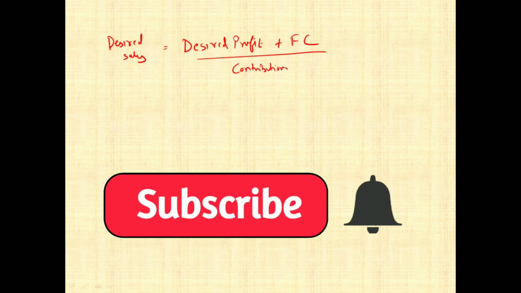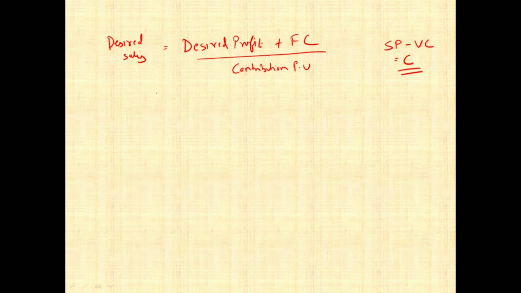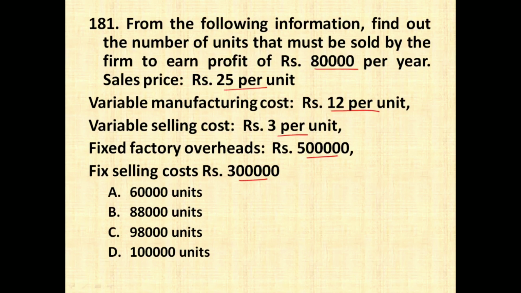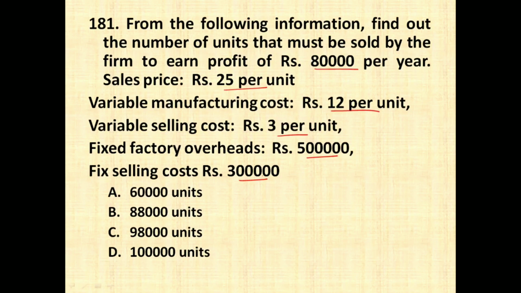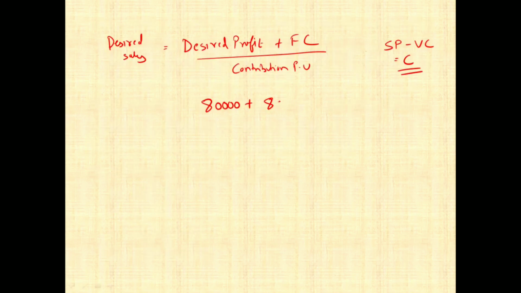contribution per unit. So contribution per unit is computed by the formula selling price per unit minus variable cost per unit. So let us see what is the desired profit in this case. In this case they say desired profit is ₹80,000 per year. So 80,000 is our desired profit plus fixed cost is 5 lakh plus 3 lakh, that is total 8 lakh